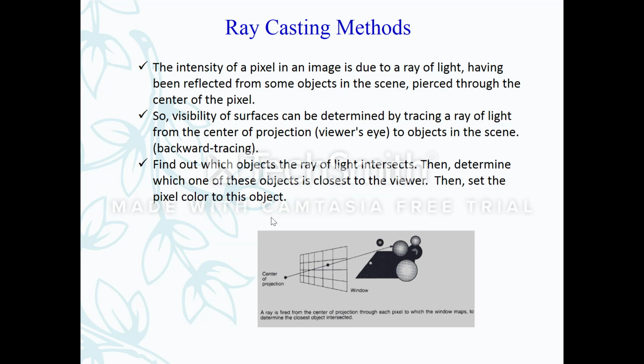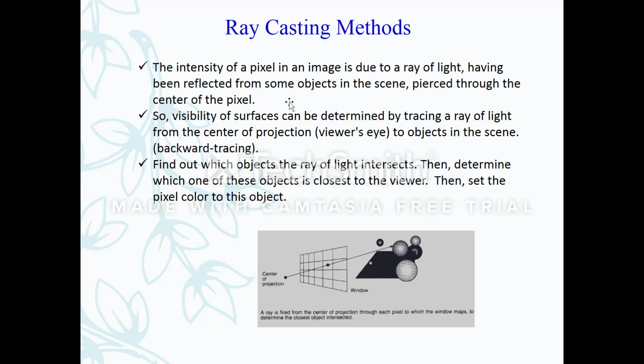The next topic is ray casting methods. What is ray casting? Ray casting is the use of ray-surface intersection tests to solve a variety of problems in computer graphics and computational geometry. Here, the intensity of a pixel in an image is due to the ray of light having been reflected from some object in the scene, piercing through the center of the pixel. As you can see,